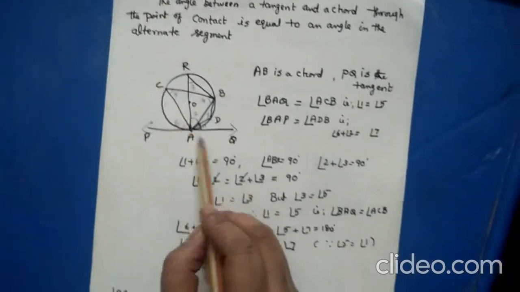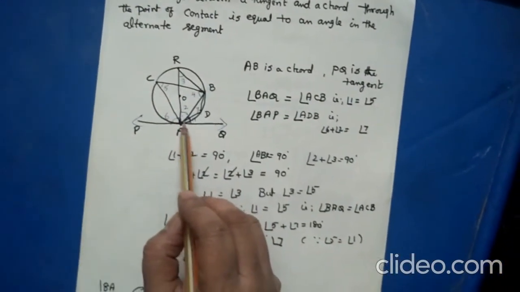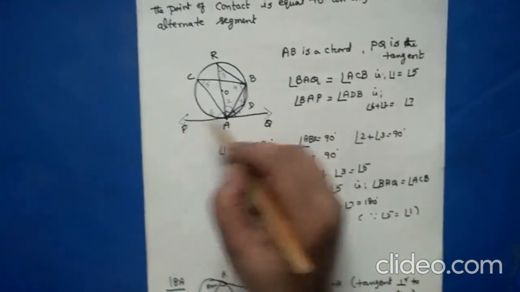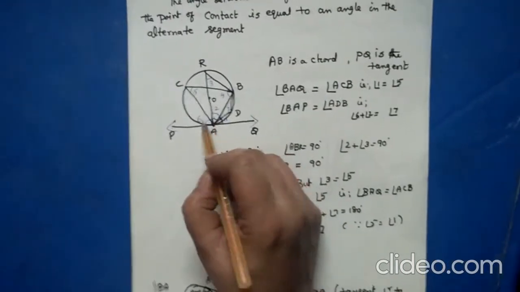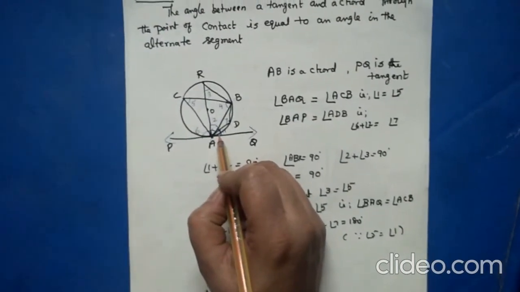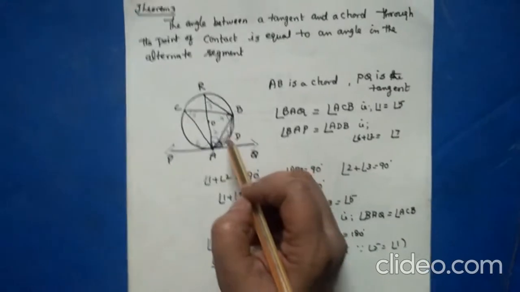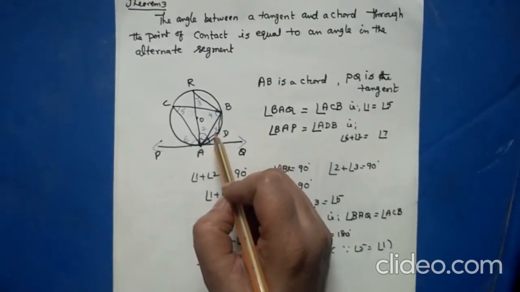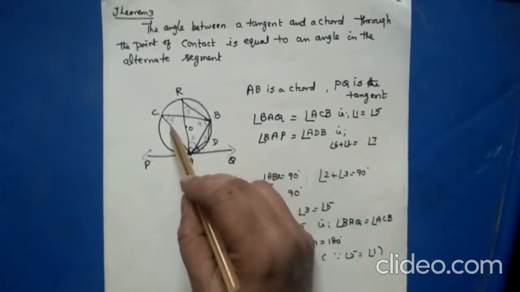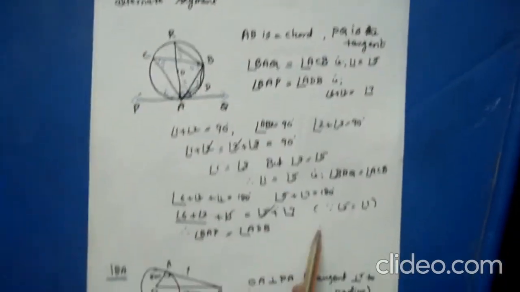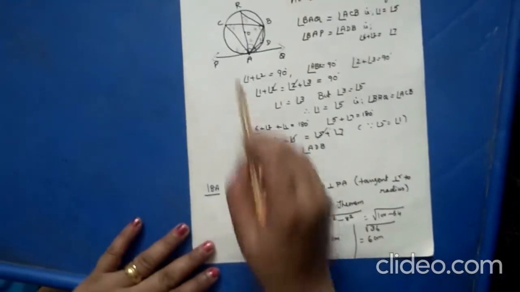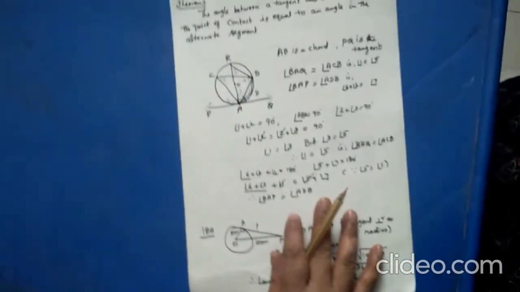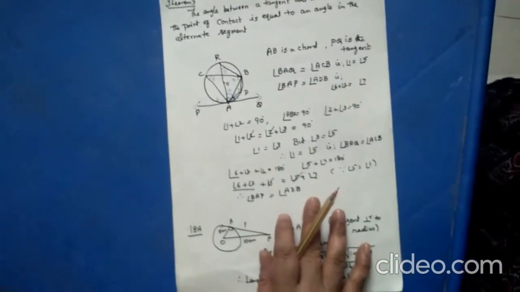Now you know angle 6 plus angle 1 is equal to 180 degrees. Now angle BAP is represented by angle 6. 6 plus 1 is 180 because it is a straight line. Next, angle 5 plus angle 7 is 180 degree. In a cyclic quadrilateral, sum of opposite angles is 180 degree. But we know 1 is equal to 5. Therefore, 6 is equal to 7. Now you can prove that this angle 6 is equal to angle 7. This is the theorem. Only the 3 theorems are there in the tangent chapter.